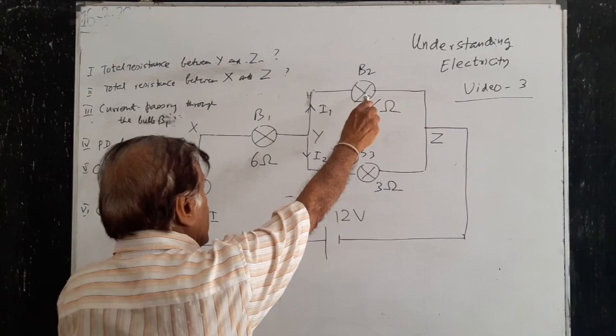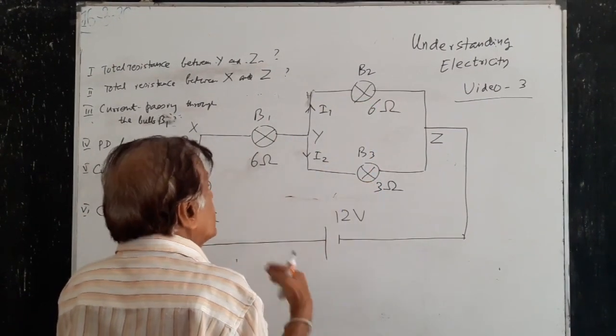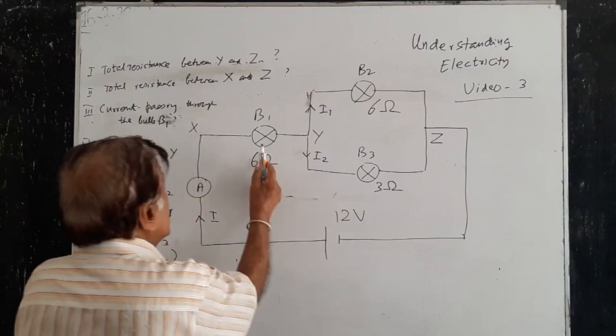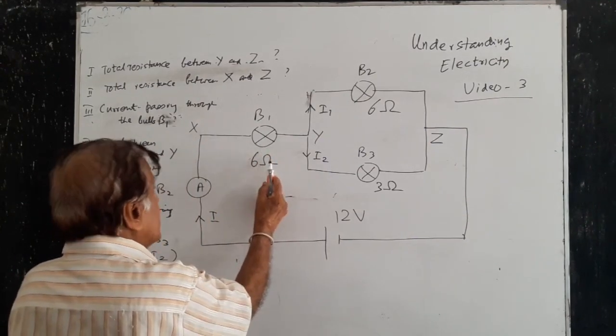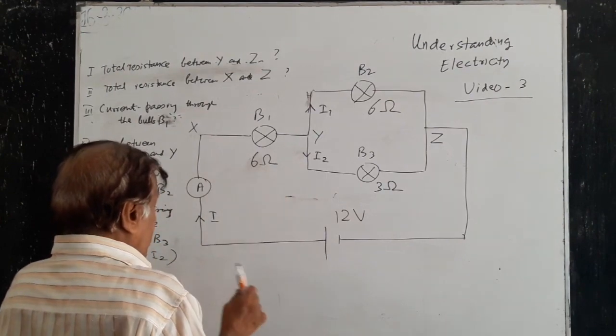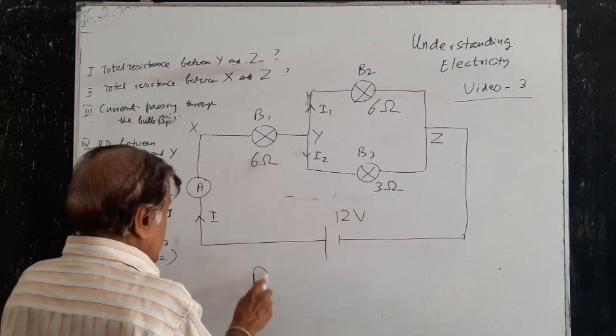The total resistance of these two bulbs is 2 ohms and the resistance of this bulb B1 is 6 ohms. Therefore, the total resistance of all these bulbs is